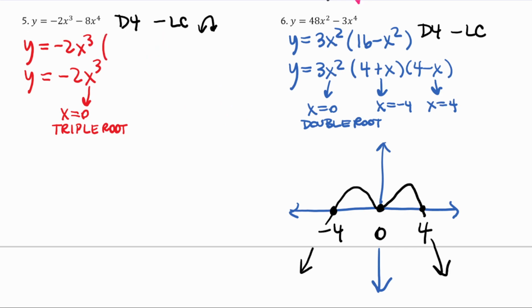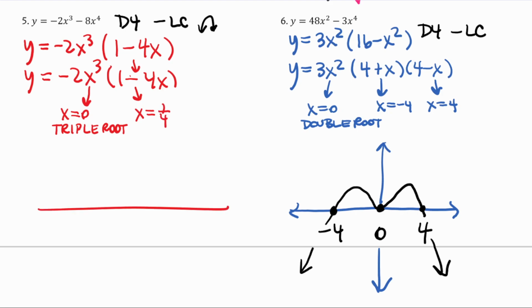And, okay, if I factor out a -2x to the 3, I'm left with a 1, but I'm just left with a -4x. Yeah, okay, that's way different. And this is going to give me, oh wait, so, yeah, just 1 minus 4x. Okay, so I was done factoring after one step, and then I've got x equaling 1/4. We'll solve that, and that's going to be a single root. So I go over here,